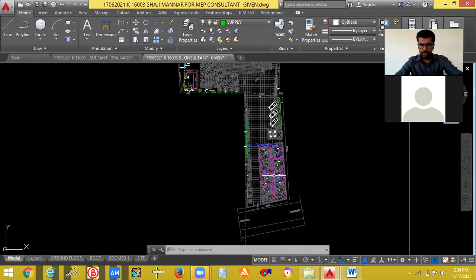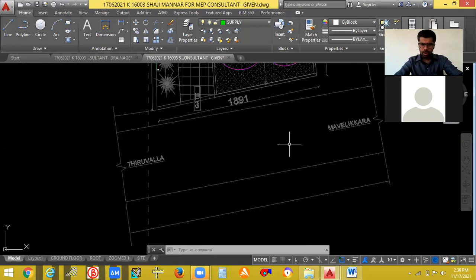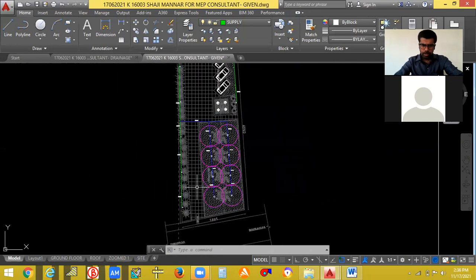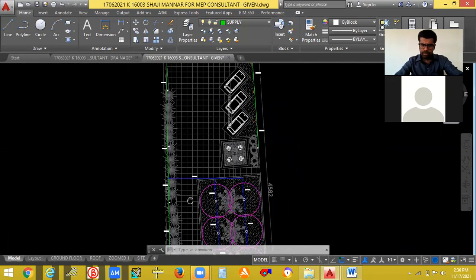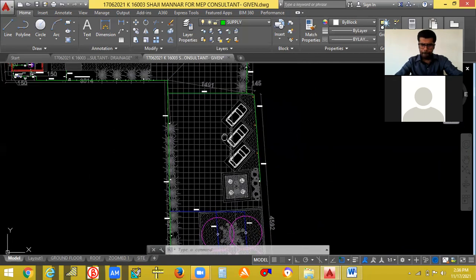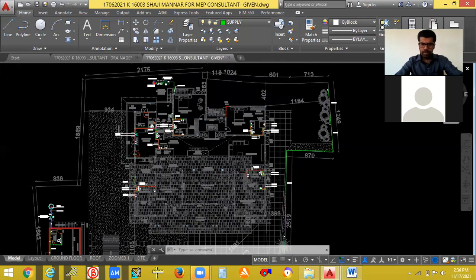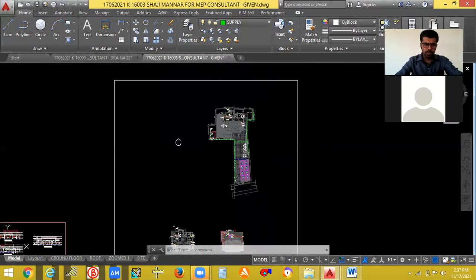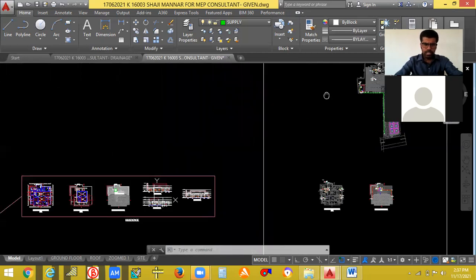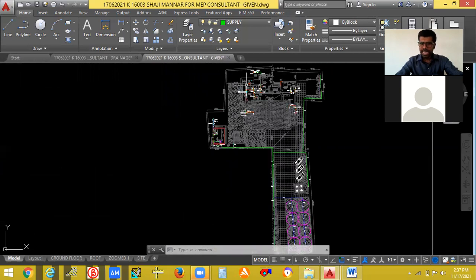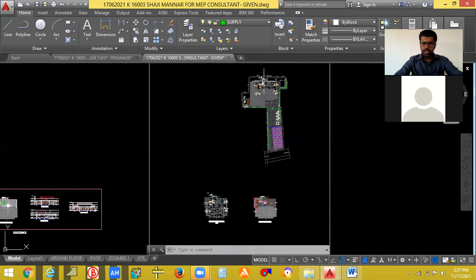This is called a site plan. So this is their road, main road only. This is their gate. So the paved area is coming there. Okay. You can see here, this is their site view, and this is their architectural view. Okay, this is their architectural view, and this is their site view. Okay, total site view.